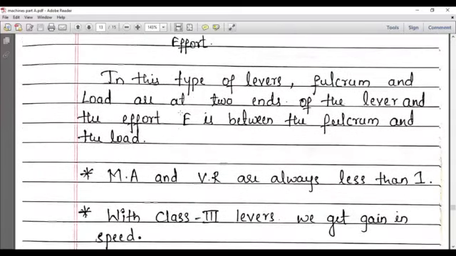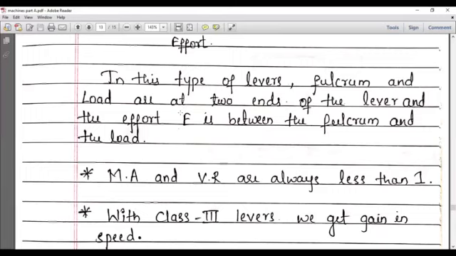Some examples of each class of levers as found in the human body. In the nodding action of the head, see here what happens. Our spine acts as the fulcrum, the load is the front part, while the effort is the rear part. Thus, it is an example of a class 1 lever. The load is your head. So the load is the front part and the effort is the back part, and your spine will be the fulcrum. So this is a class 1 lever.